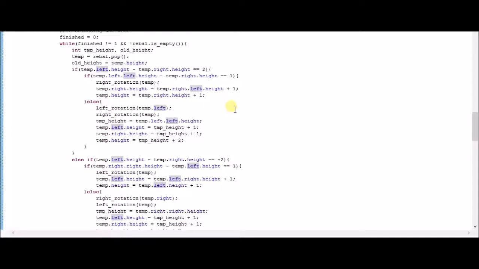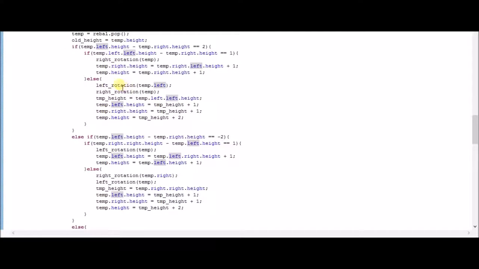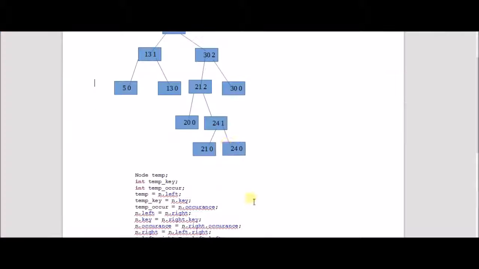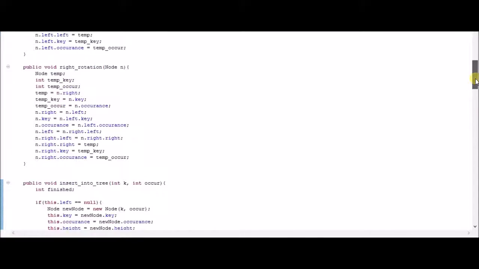So we go to the else part and we rotate the left tree. We do a left rotation with its left node, that is, we take this node and we do a left rotation on it. So with this, we go to the left rotation code